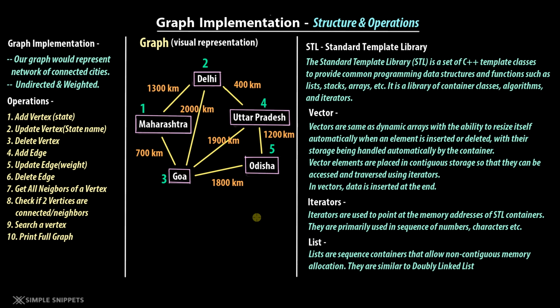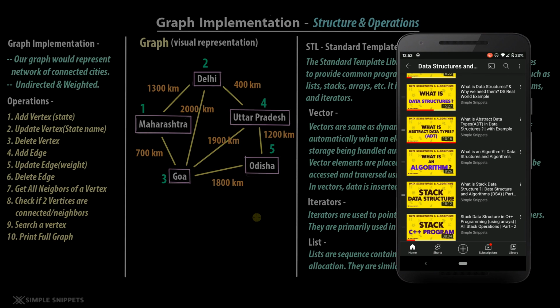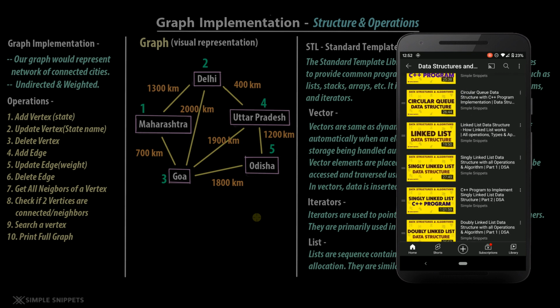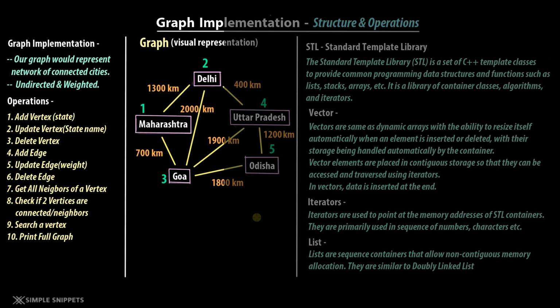And now we are moving on to the very important part of graph data structure, which is the implementation part. So far we've understood the theory, what a graph is, how it looks, how it is different from other data structures, the ways in which a graph is implemented, that is the adjacency matrix and the adjacency list. We've seen all the different graph terms. If you are new on this channel and haven't seen that, you can check out this DSA playlist. We've covered quite a lot of theory, but the more important part is the practical side.